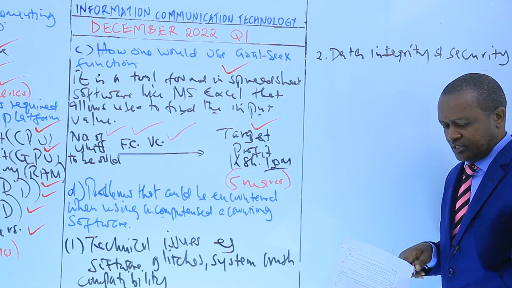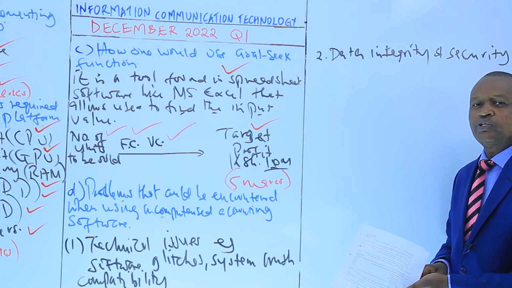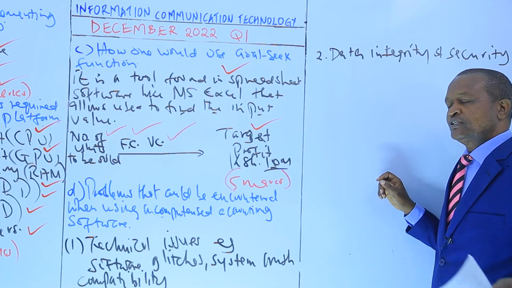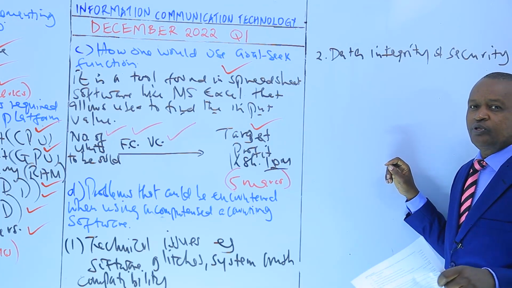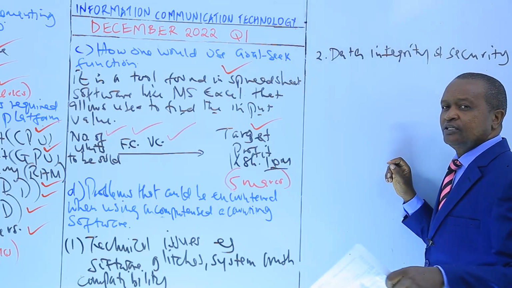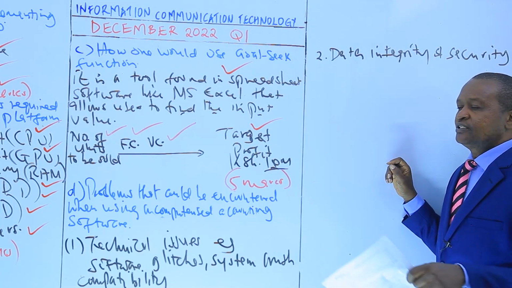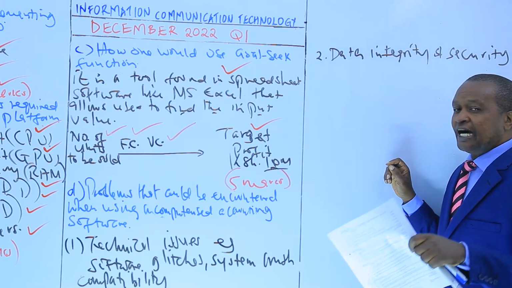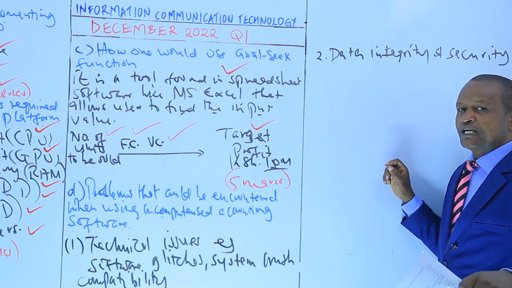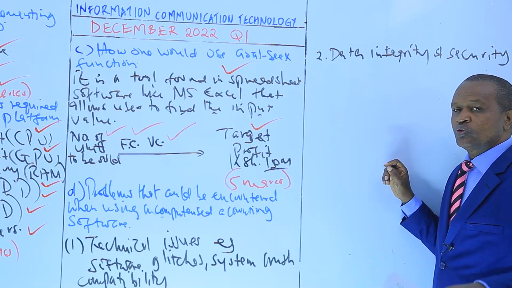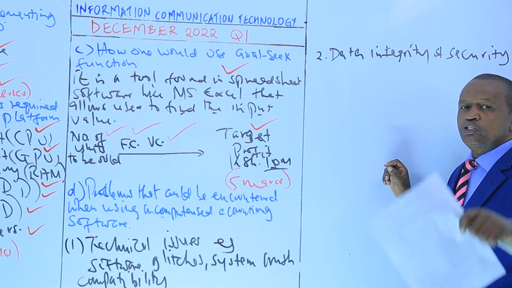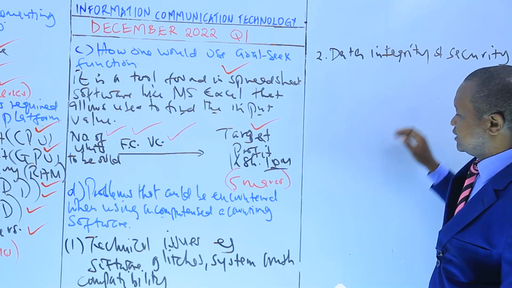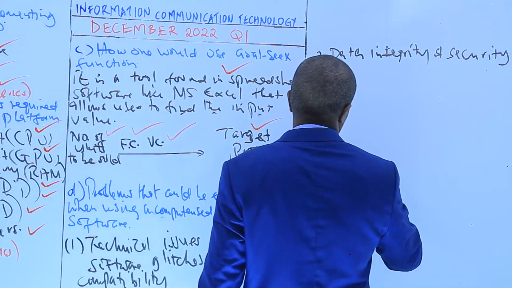And problems can occur if there are data entry errors. If we have data corruption, then problems could also occur, or even problems to do with unauthorized access to the system. And therefore, adequate data backup, adequate access controls, and security measures should be implemented to mitigate such risks. Data integrity and security.